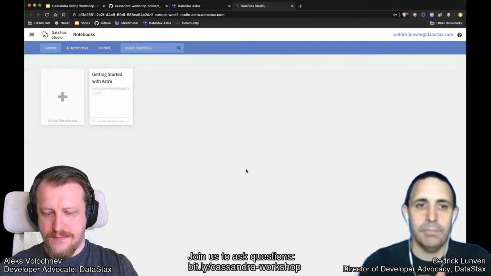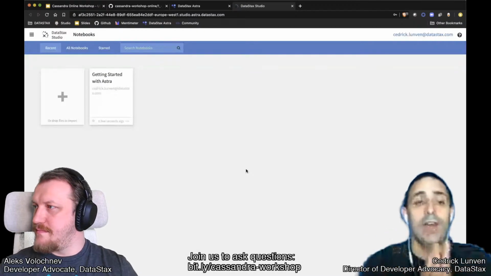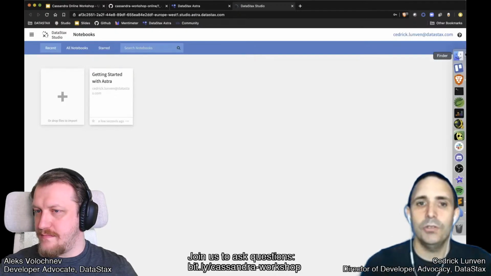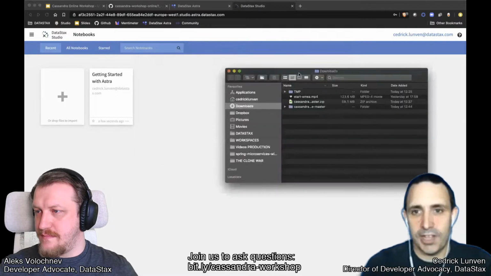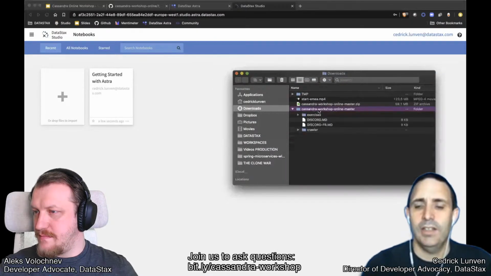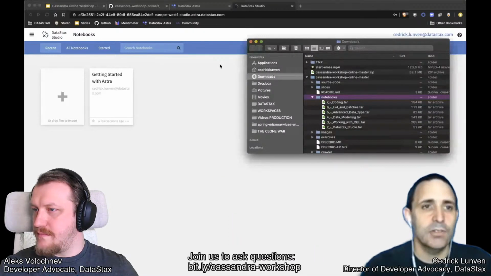To do the exercise, and it will be the same for every single exercise, you go to the zip you just downloaded from the GitHub repo. You go to notebooks, and you drag and drop the notebook inside the Studio window.